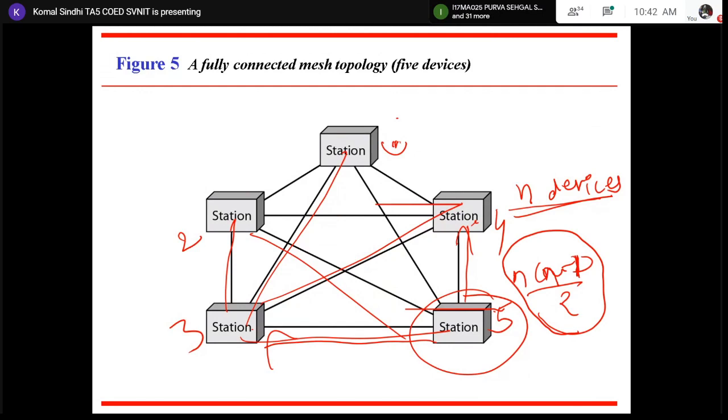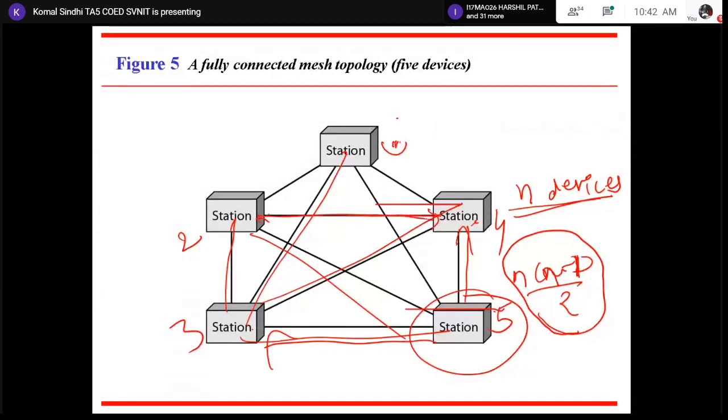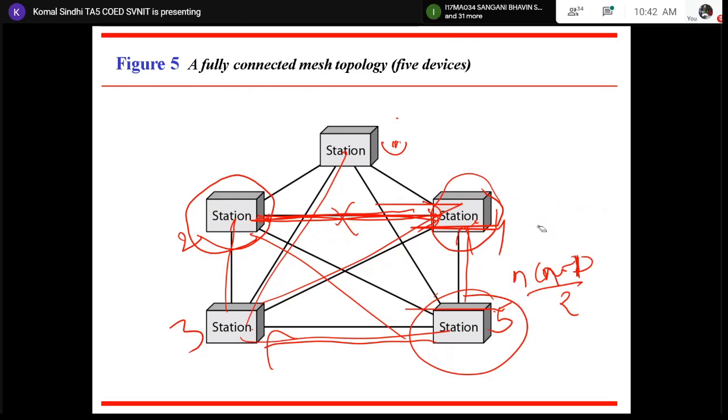Now, coming to the working of mesh topology, how does it work? Any station who wants to send the data has a direct link to any other station, so it can directly send the data. Now, suppose this is the link between 2 and 4. If this link fails, then there is no provision of sending data from station 2 up to station 4. Simple way of working is that no intermediate devices would work, but what we have over here is direct links between any two devices under consideration, right? Now, what may be the advantages of using mesh topology?